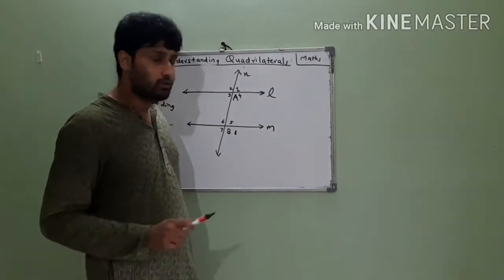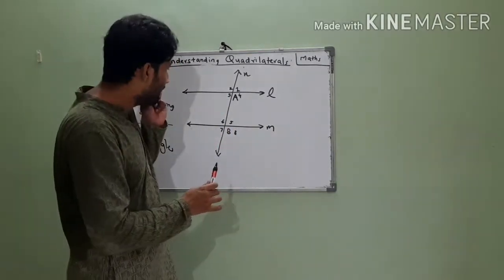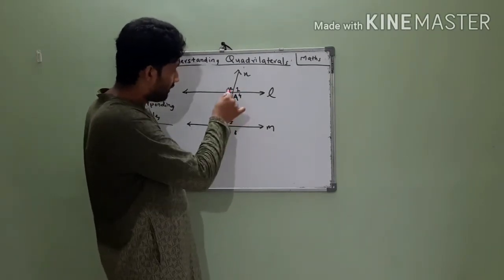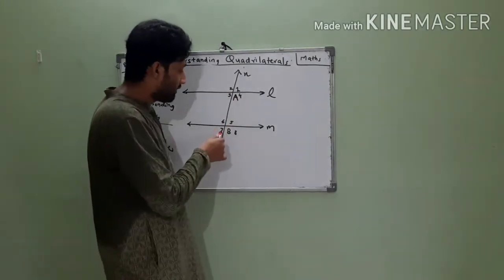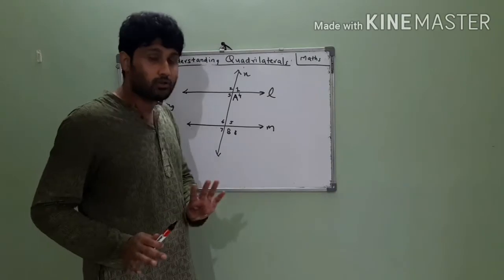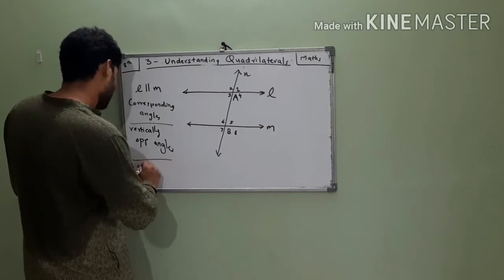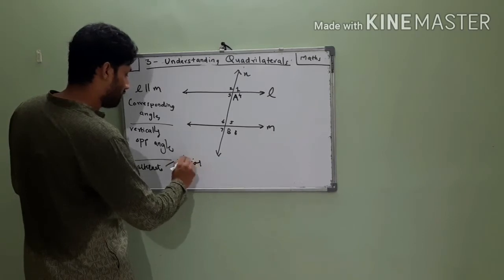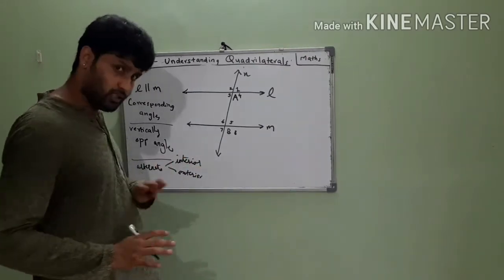And these angles will be equal. So angle 4 and angle 6 are equal. Angle 3 and angle 5 are equal. Similarly, if you see external, so angle 2 and angle 8. Angle 2 and angle 8 are alternate exterior angles and angle 1 and angle 7 are alternate exterior angles. They are also equal. So 4 pairs of alternate angles, 2 interior, 2 exterior. So we have alternate angles in which we have interior and exterior. Both have 2 pairs. This much is clear?